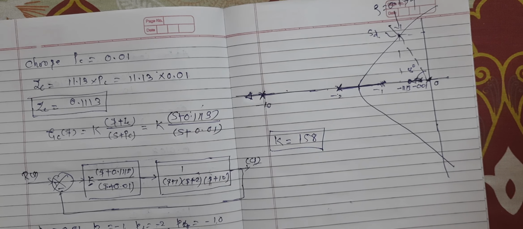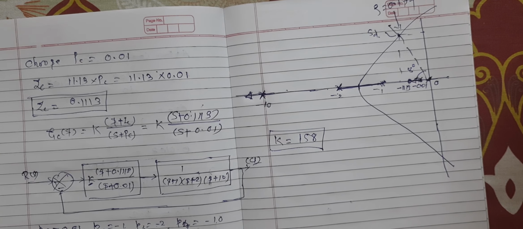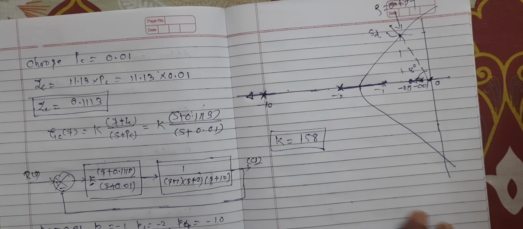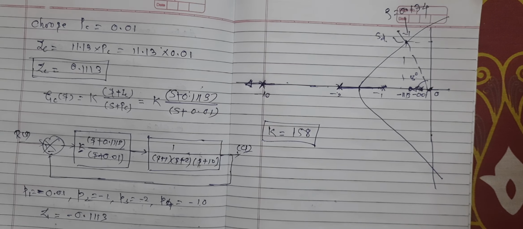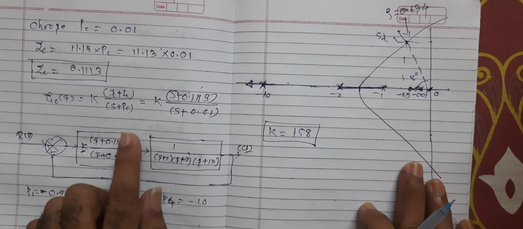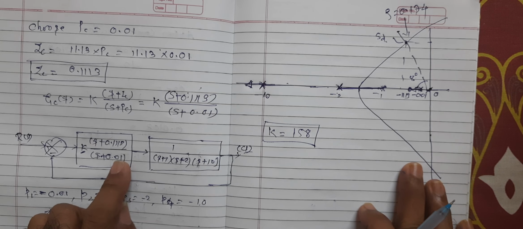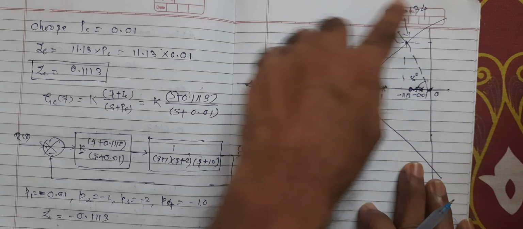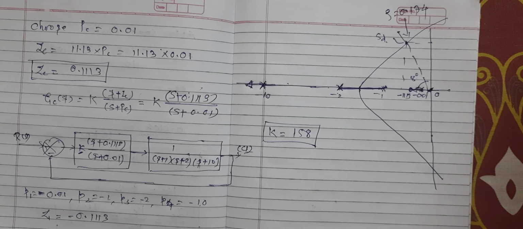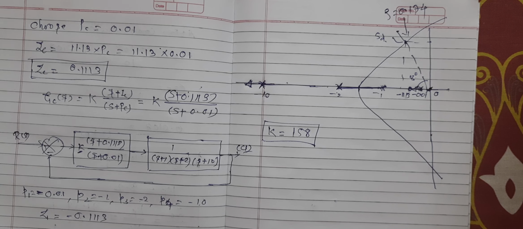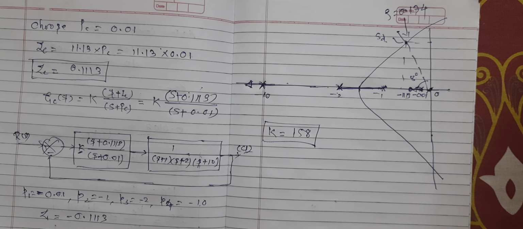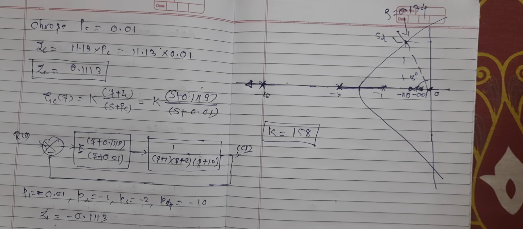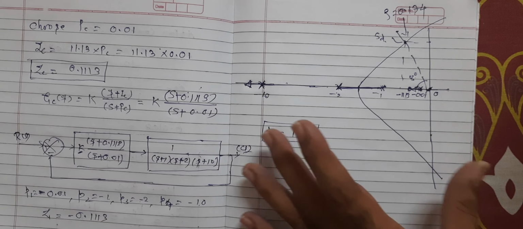Suppose you are not given this; again, drawing the root locus and all of this is really a time-consuming process. But at least you can find the zero and the pole in the uncompensated system by this equation, and the k value you can write down approximately, which is always less than that one. So k is equal to 150, it is coming like this, so you can solve up to this point, and you have to draw this root locus.